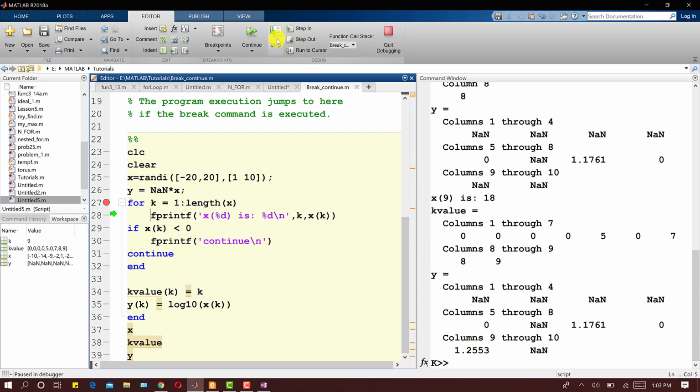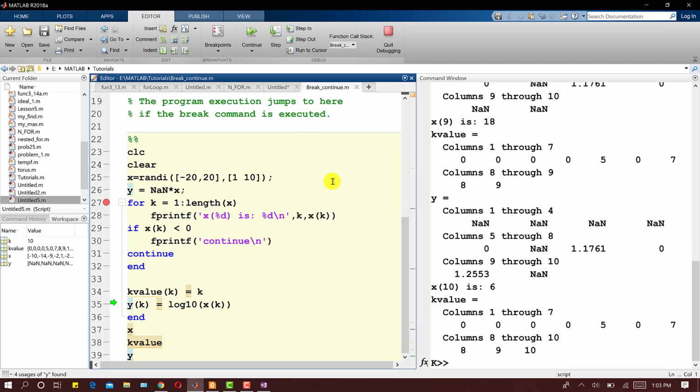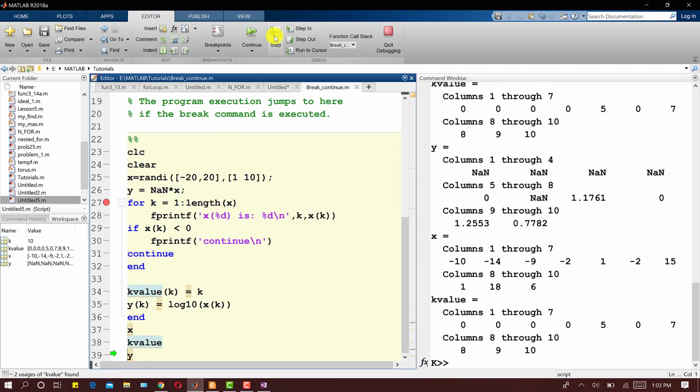And then if I step in, x of 10, the last element, is also positive, that is 6. If I run, we see that it has stored that value in the 10th element of k value. And if I step in, it will replace the 10th value of y by 0.7882, right? If I step in again, the for loop terminates and now it will print x, k value and y. So, if I step in again,